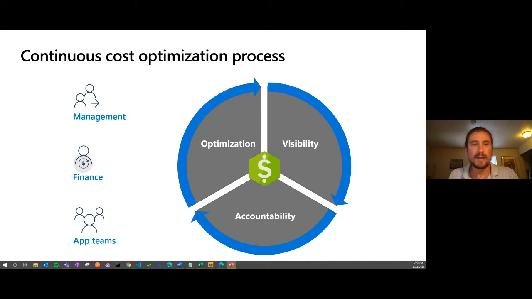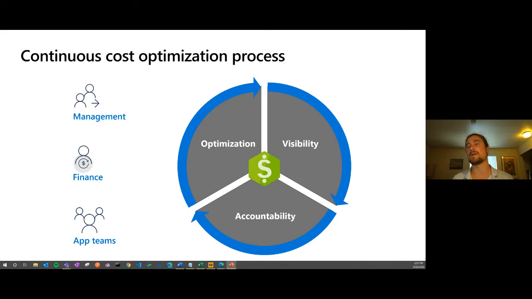Alrighty, so now that we've learned a little bit about the planning process for cost management, I want to discuss the iterative cost management process as well that you want to engage in across all of the various stakeholders in your organization. And so when we think of stakeholders and who can benefit from using cost management, there's three main personas. We've got management personas. So these are people who maybe are the head of a division within an organization. They've been allocated a certain amount of budget for various solutions that are being developed by various different teams. These are people who might benefit from looking at a little bit more of a top-down view of the costs within Azure, and making sure that their organization is accountable to various budgets that might have been granted to them